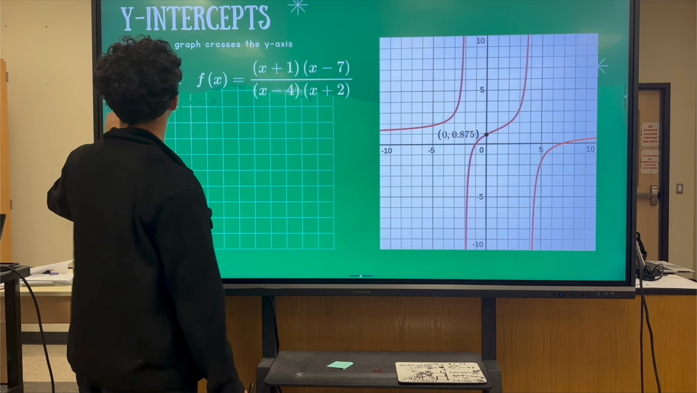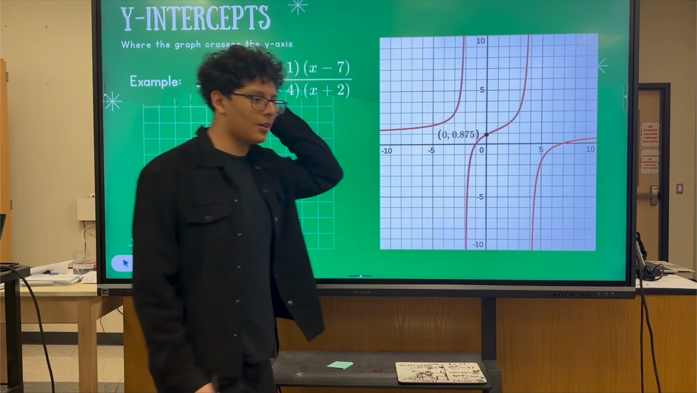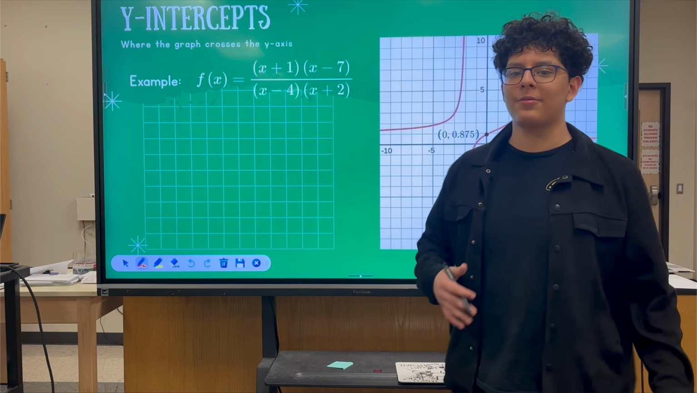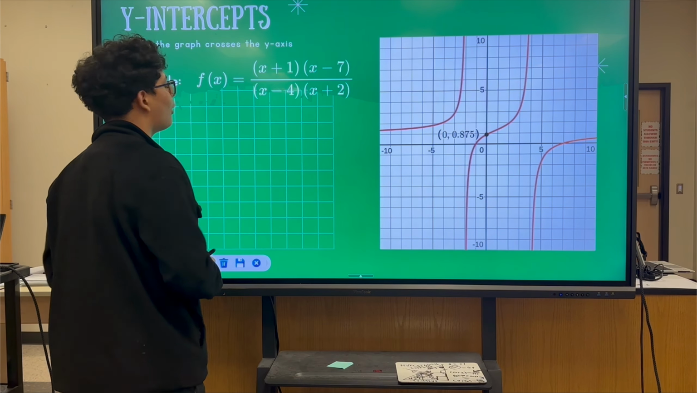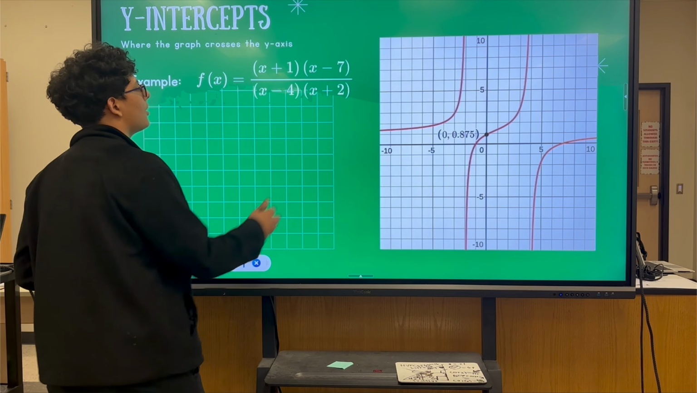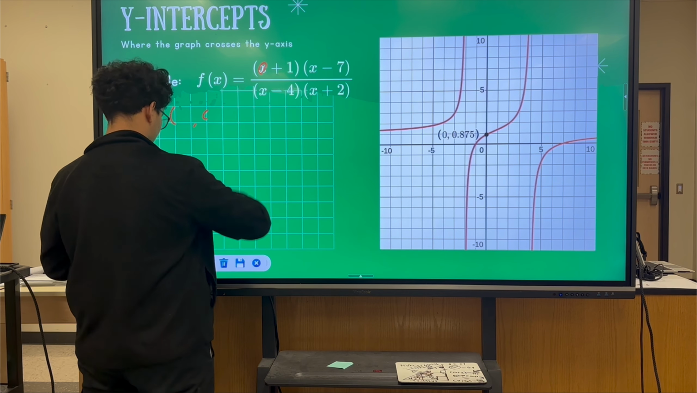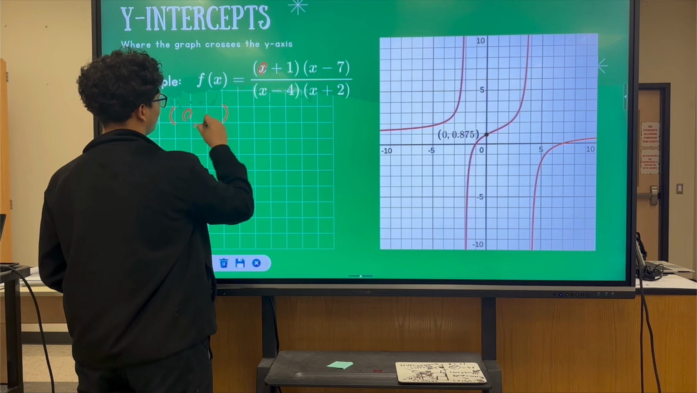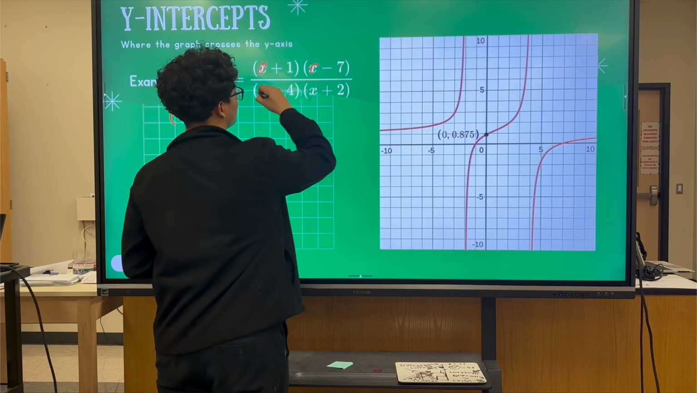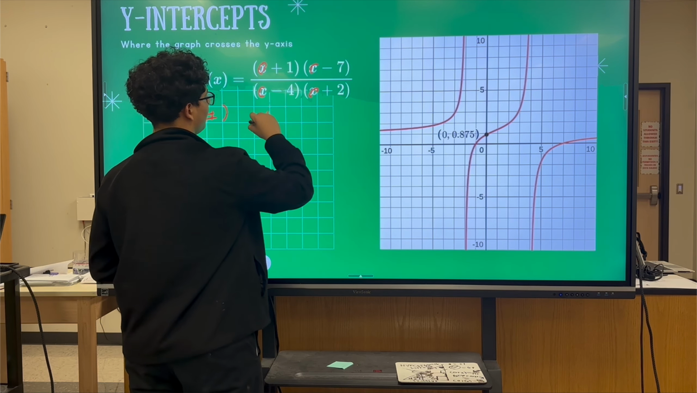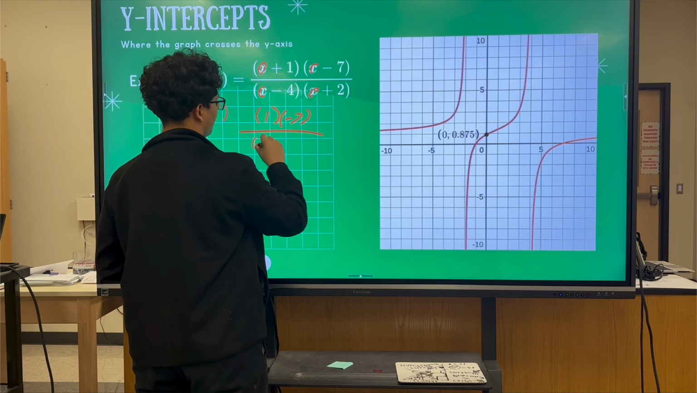Alright, so now that we've talked about x-intercepts, we'll now mention y-intercepts. Y-intercepts are very different from x-intercepts, but they have the same thing. So how do we find a y-intercept? We set the x equal to 0, because for a y-intercept, x has to be equal to 0, and here will be a number. So with 0s everywhere, we're left with 1 times -7 divided by -4